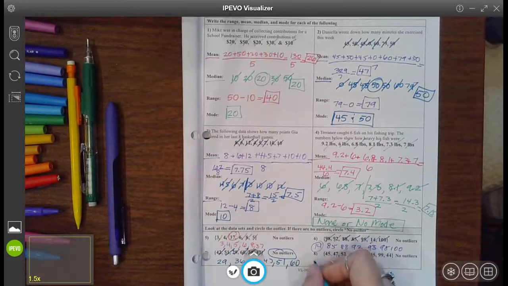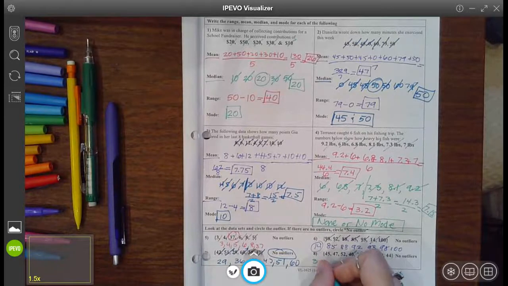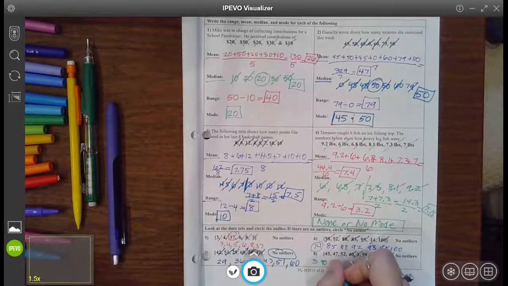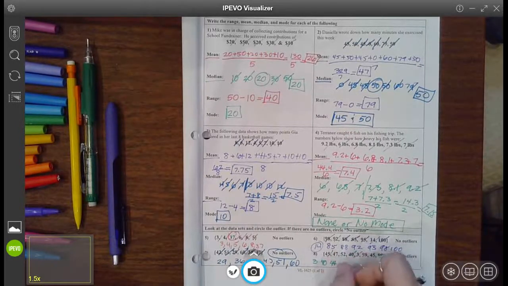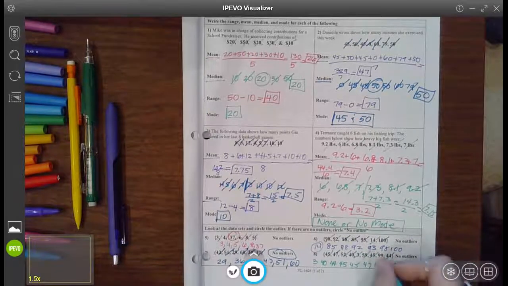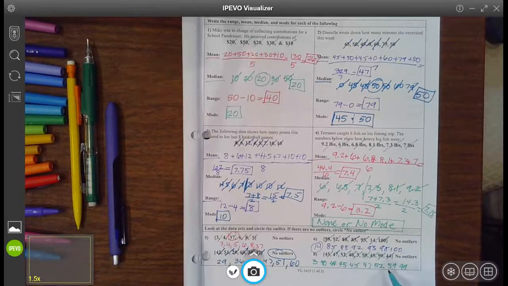The smallest I see is 3, then 40, 44, 45, another 45, 47, 52, 59, and finally 99. Okay, so we have 40 to 59, like 40s and 50s are pretty close together, and they're